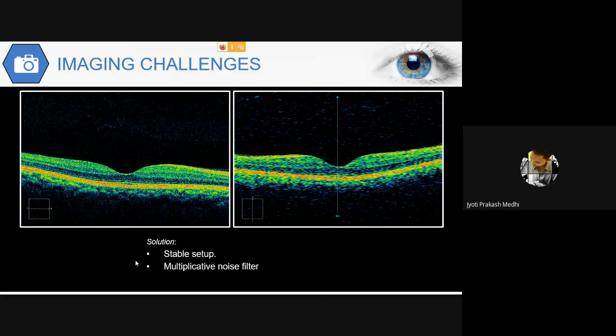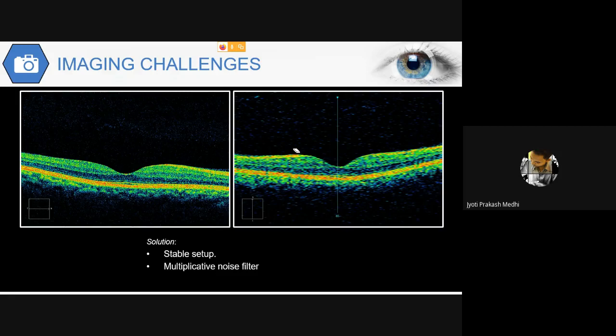Now, in case of OCT images, the first and foremost difficulty is the presence of speckle noise. The presence of this speckle noise increases more if the subject is not stable. If the person is vibrating or shaking his eye, then the images we obtain, as we can see here in the second image, may have this type of view where the amount of speckle noise increases.